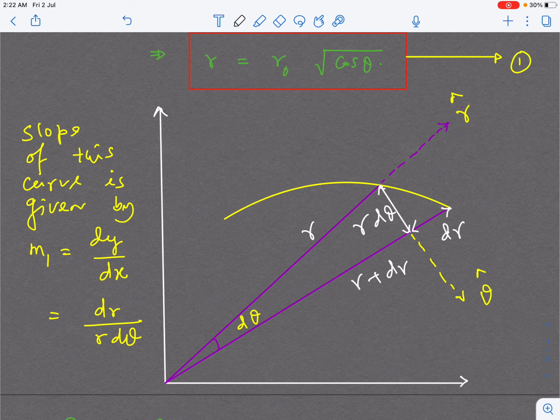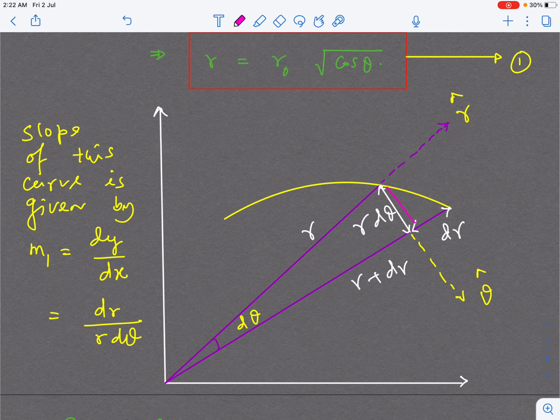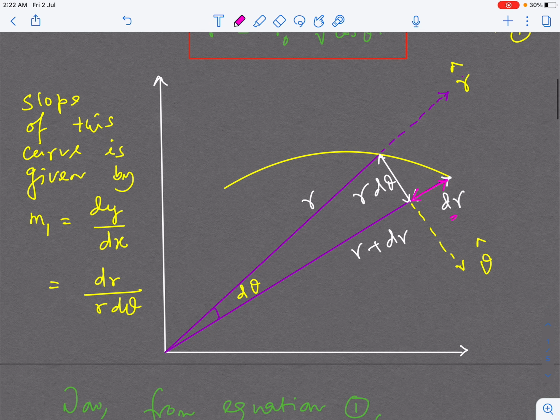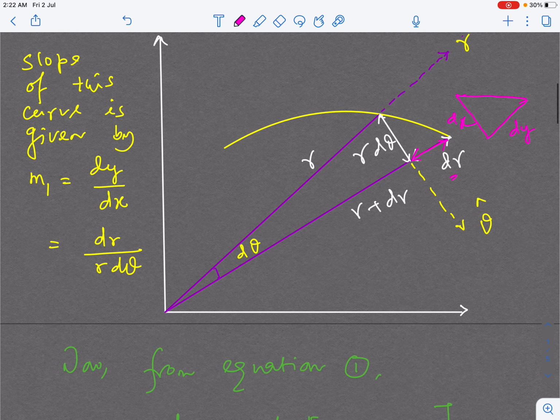Now if you look at this particular portion over here, you see that this is basically r d theta, correct, and this is the increment in the radius vector, that is dr. So what I'm doing, that if I consider this small elementary triangle over here, okay, since this distance is small I can consider it to be a straight line. So from here I'm taking this as a dy and this as a dx, and I have already noted that whenever a function or a graph is plotted as y as a function of x, then we know slope is given to be dy dx, alright, fine.